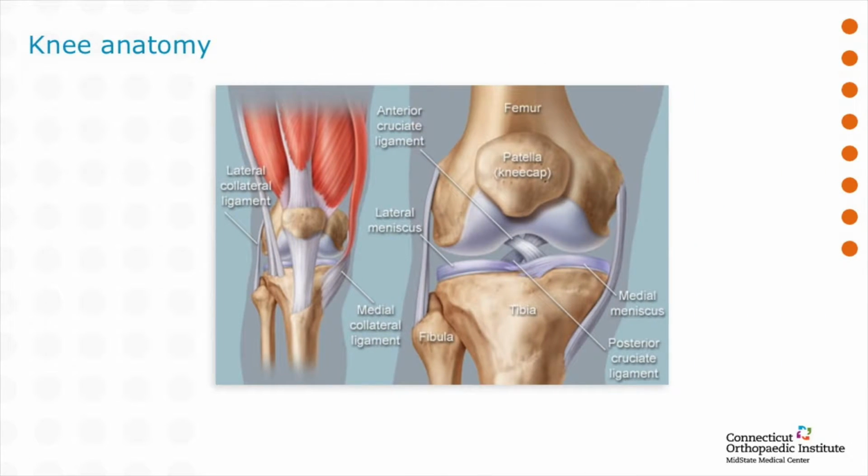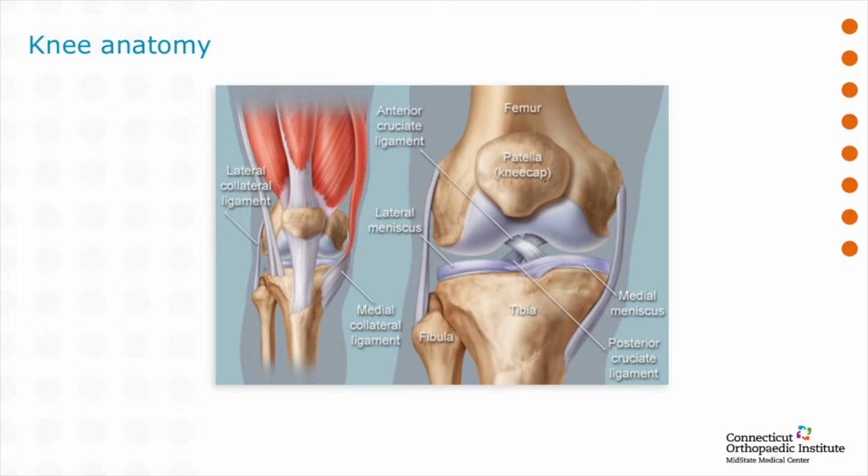So this is an image of a knee. The image that you see on the left shows the muscles of the knee. We have the tibia bone, which is the shin bone, the patella, which is the kneecap, and the femur, which is the thigh bone. On the right side, you can see those bones outlined and labeled a little bit more